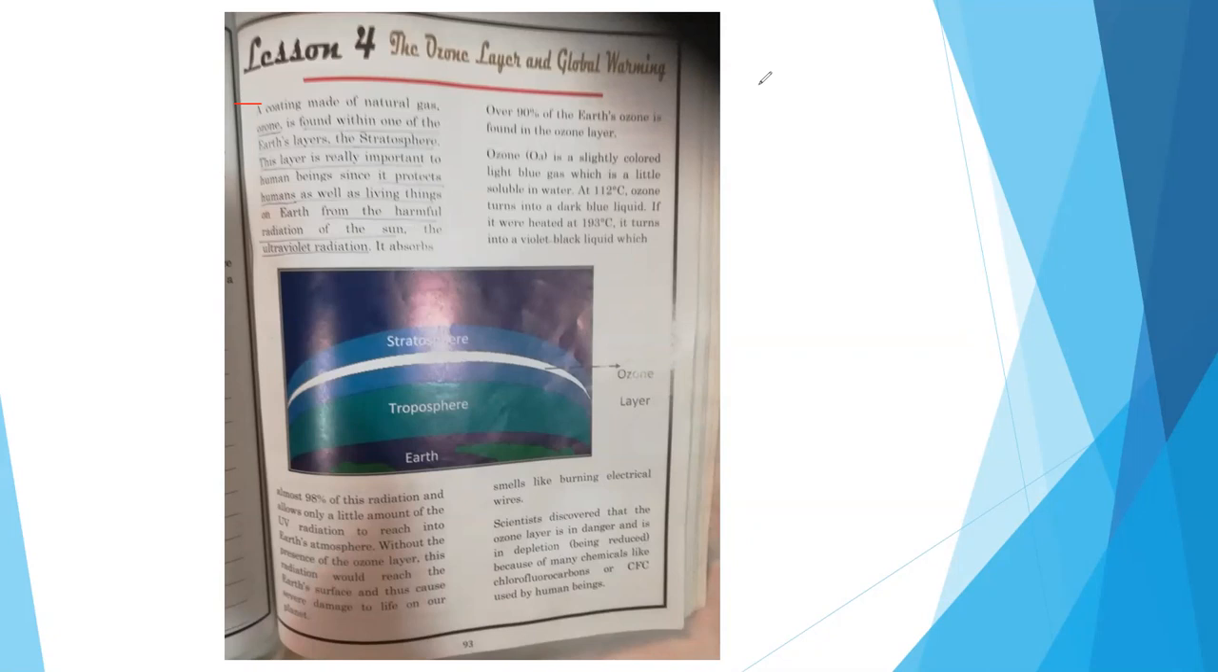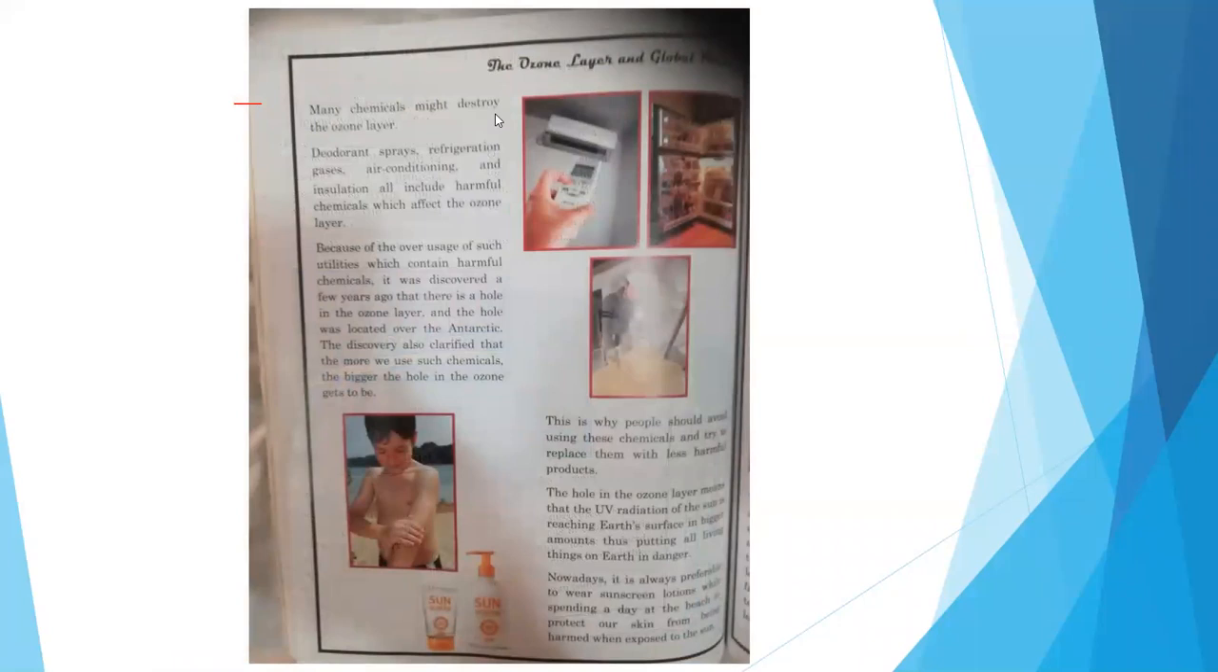Right, let's go over to the next page. And here it states many chemicals might destroy the ozone layer. Deodorant sprays, here are some examples. Deodorant sprays, refrigeration gases, air conditioning, and insulation all include harmful chemicals which affect the ozone layer. So it is man's duty and it is our responsibility to protect the ozone layer, because the ozone layer protects us. Because of the overusage of such utilities which contain harmful chemicals, it was discovered a few years ago that